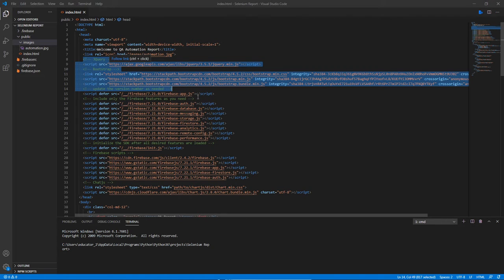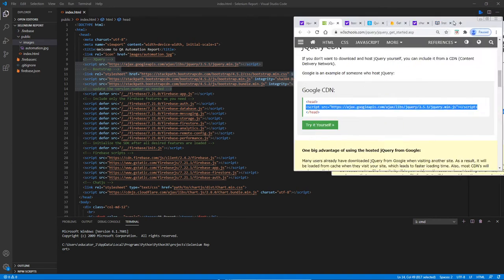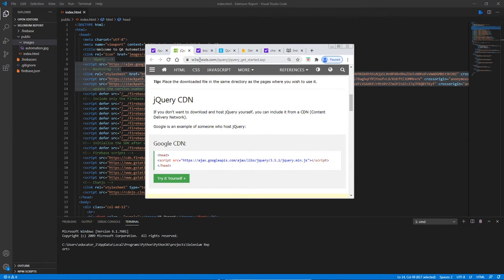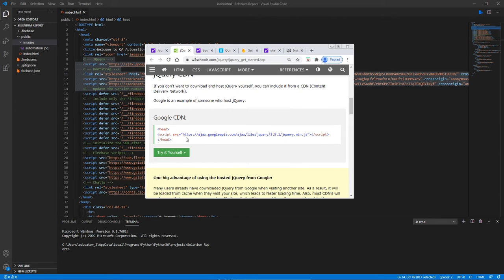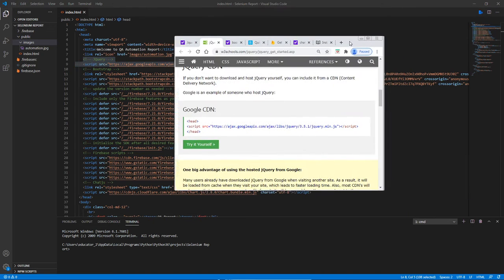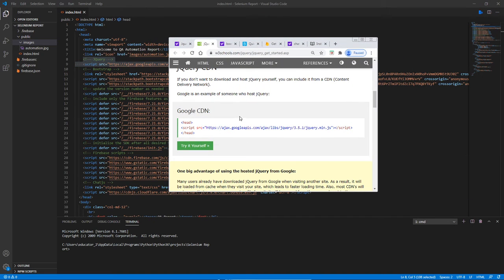So if you don't know where to find jQuery, this is the script I added for jQuery. W3Schools.com, jQuery get started, the Google CDN. So I use this one. This is very important, and the location of it is very important as well. Put it here at the top, because if you put it anywhere else you're gonna have issues. So jQuery, it's just only this one, and then